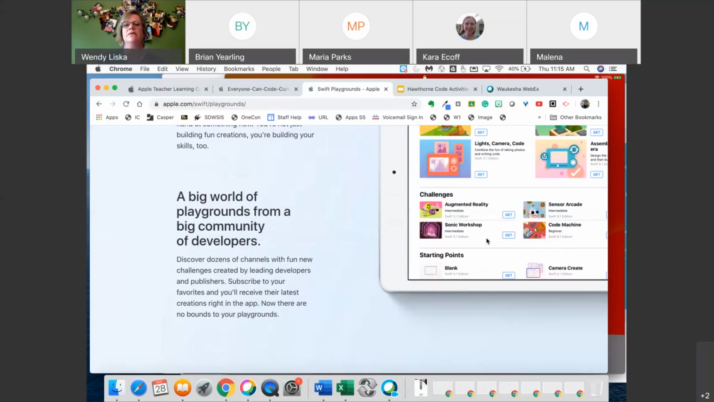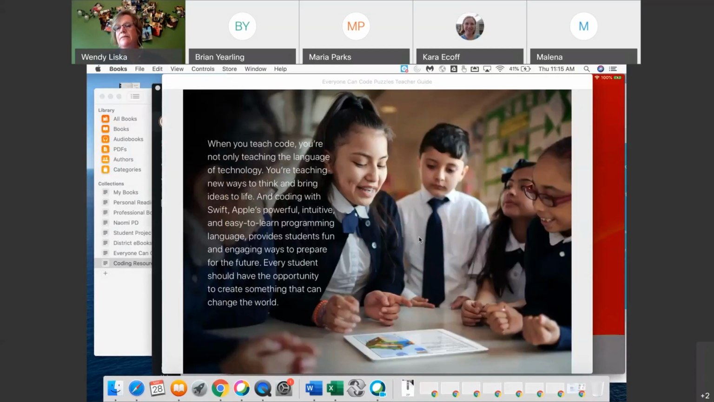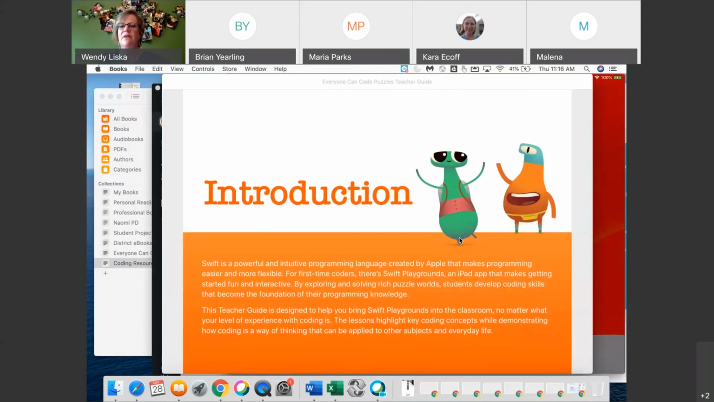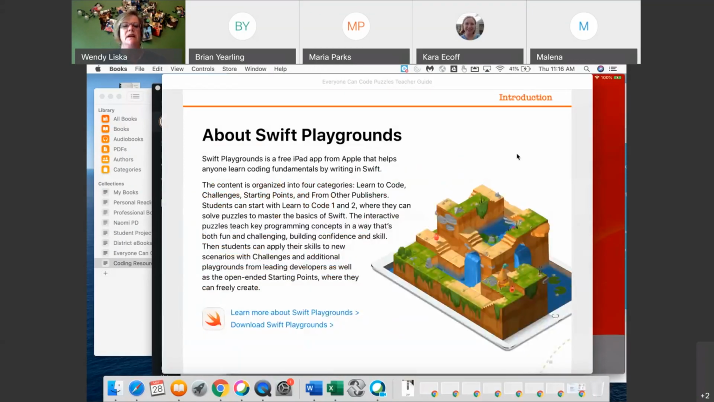So I am going to shrink this window for a moment into the coding guide. This is the teacher's guide that's available in iBooks and is there for you as a resource if we're thinking about launching. It gives you an introduction. It talks about the various pieces of Swift, why you bring it into your classroom. And so I'm not going to go over all of that again here, but know